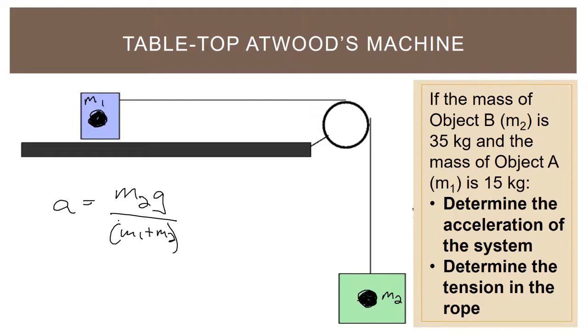But when we change M2, we have to be careful. The reason we have to be careful is because we are both changing the numerator and the denominator. M2, or I should say the weight of M2, is the force that is responsible for pulling the objects, making them accelerate. It also contributes to the inertia of the system. And so we have to be mindful of both of those things